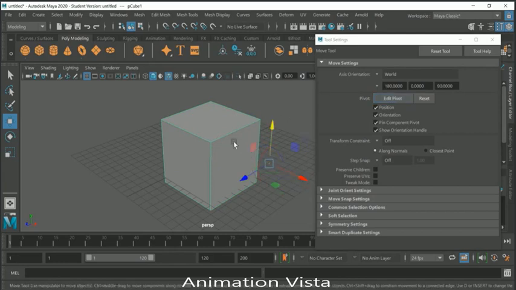In case you want to go back and set the pivot of the object to where it was initially, then you just have to click on this Reset option to reset the pivot. This will set the pivot back to where it was by default. Alright? Now, when I activate the pivot editing mode by clicking on this Edit Pivot option,